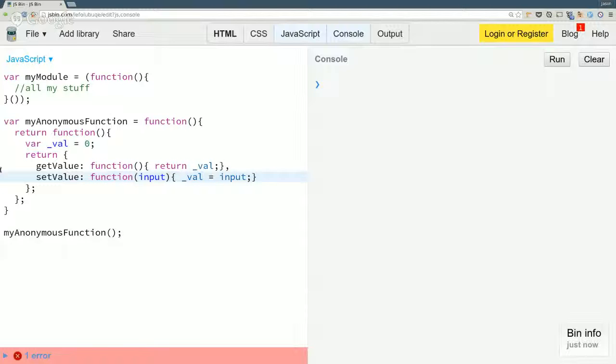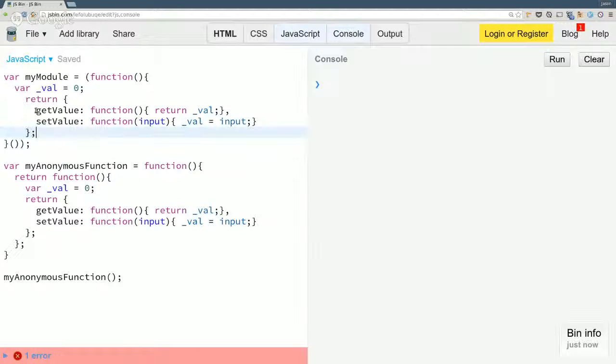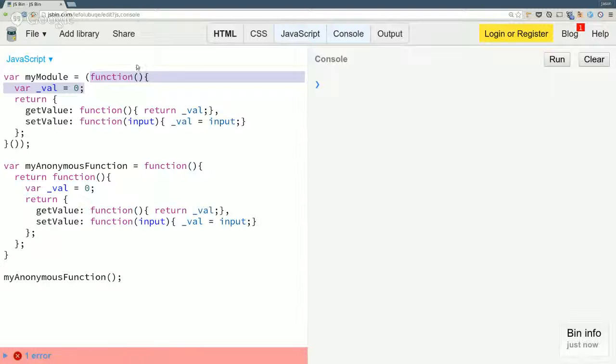But this right here, again, is the same as this. I have a function that's being declared. It's an anonymous function because I don't give it a name. I don't have a name here, therefore it's just an anonymous function.